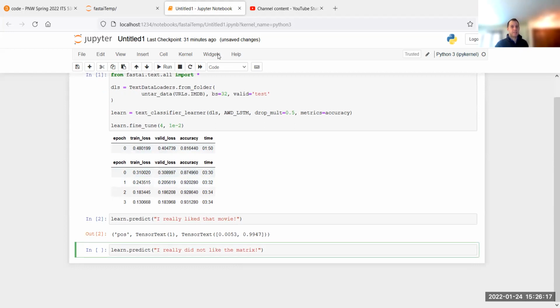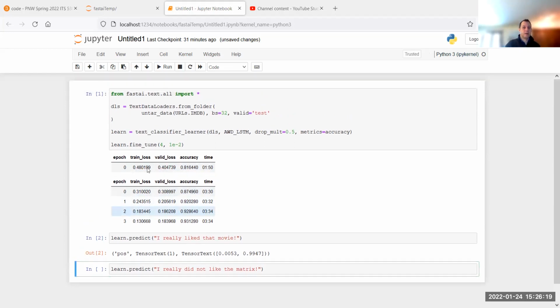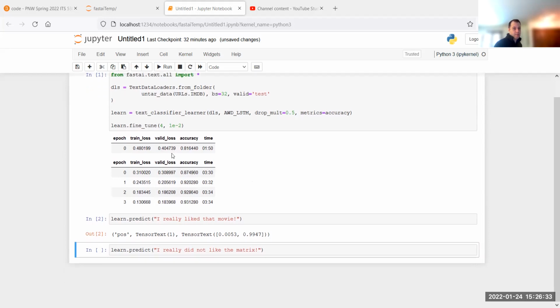Right. So again, I guess in the video I should say we finished from the previous video. We were running the fastai.text text classifier learner pre-trained LSTM model, fine-tuning it on an IMDb sentiment analysis problem. We can see here we ran 4 epochs in the fine tuning. The loss did go down in the validation, which is really where it's important. We see it goes down, the accuracy goes to 93%. When I test learn.predict with I really like the movie, it classifies it perfectly.